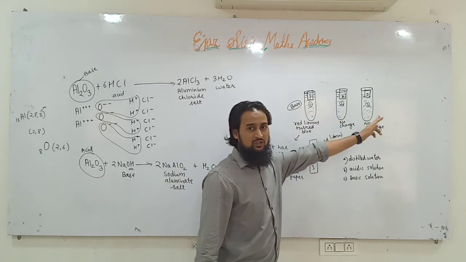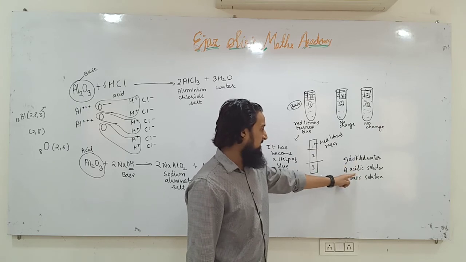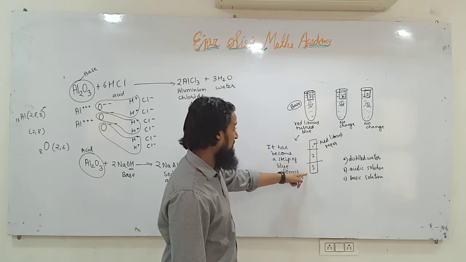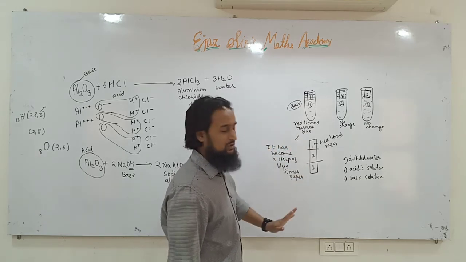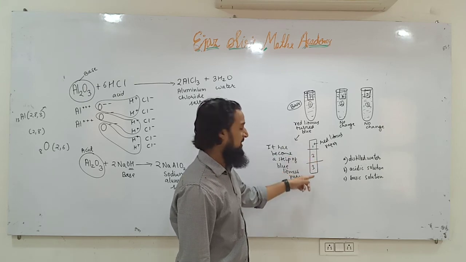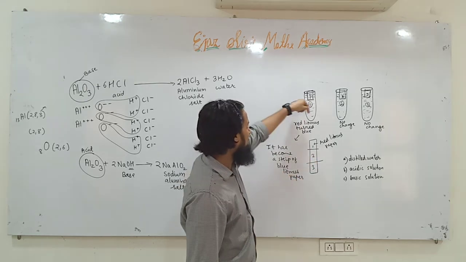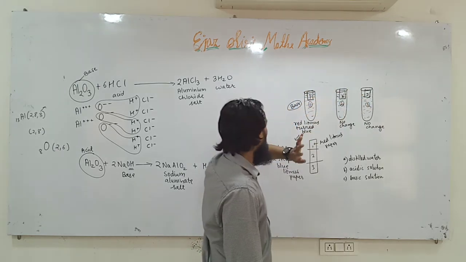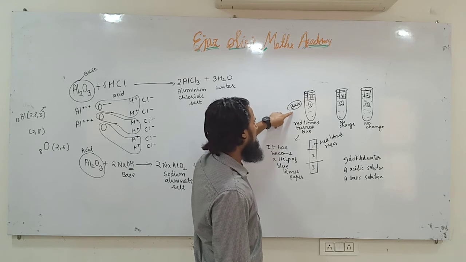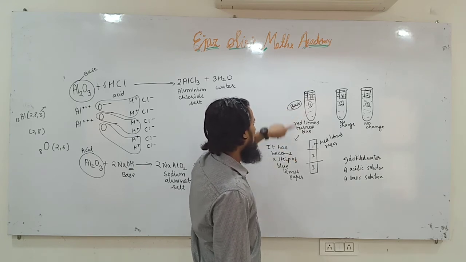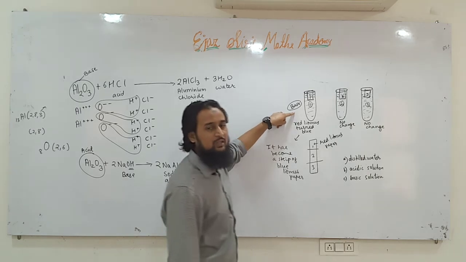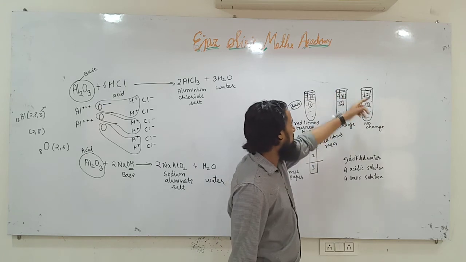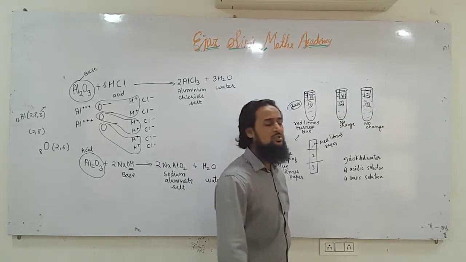We are given 3 test tubes. One contains distilled water, the other contains acidic solution, and the last one contains basic solution. And we are given only red litmus paper. So we will cut this red litmus paper into 3 parts and dip them. The first part will be dipped into the first, the second part here, the third part here. Let us suppose in the first test tube the red litmus paper turns blue. It means it must be a base, because red litmus becomes blue in a base. In the other 2 test tubes there was no change.